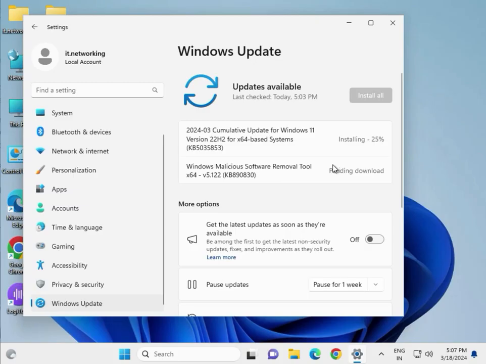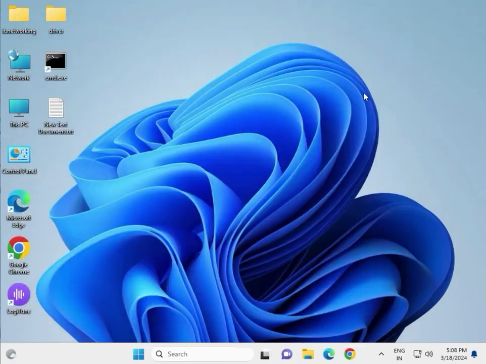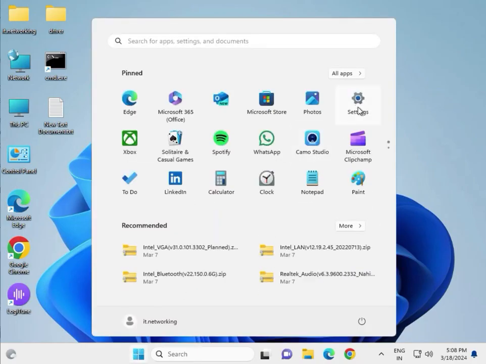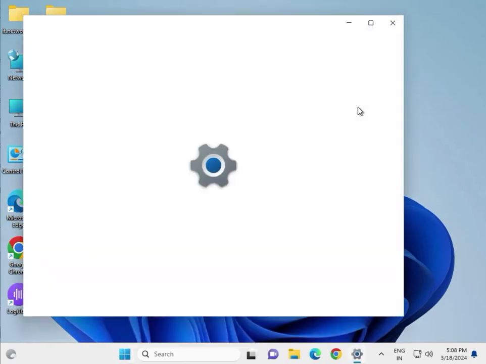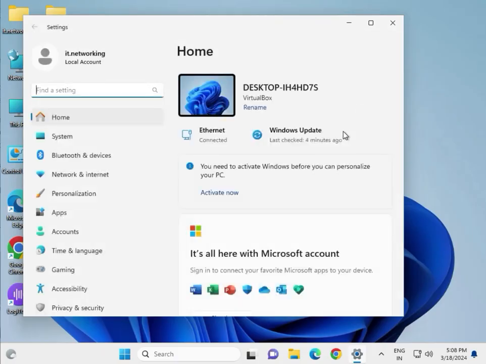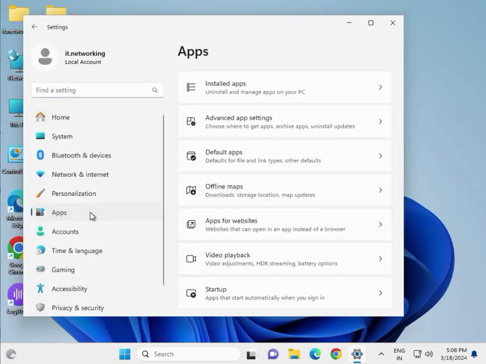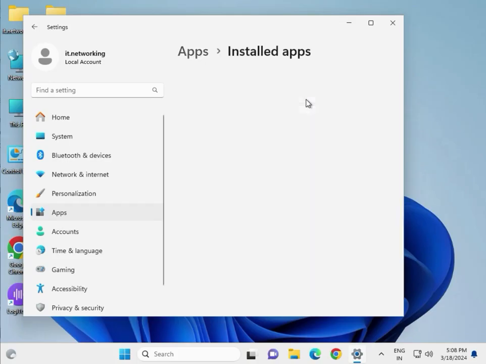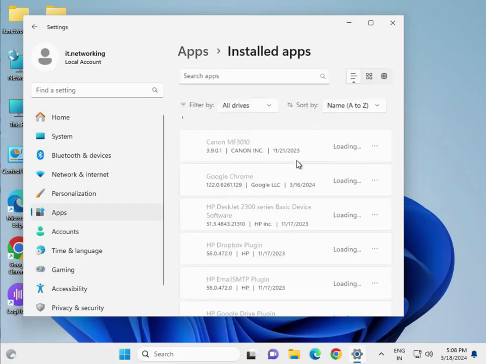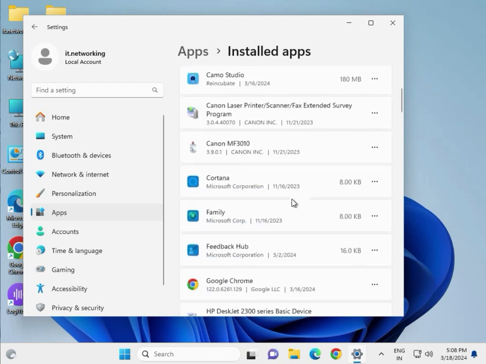Then second, close this. Again click Start, go to Settings, click Apps, Installed apps, and find OneDrive,